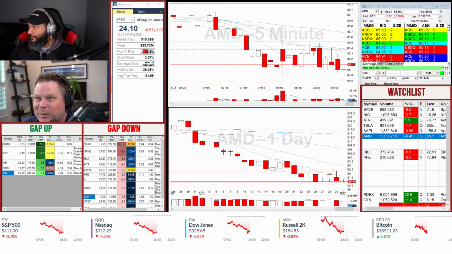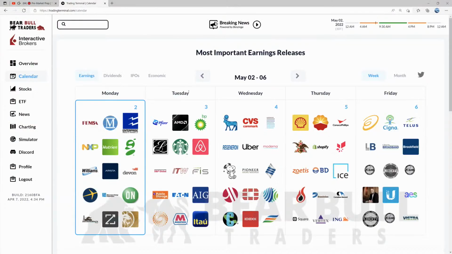I think it's funny. Go back to Trading Terminal. We're still in beta mode a little bit, and they've tweaked a lot of things and helped fix it. But it's pretty funny if you go there and you see all these company logos, and then I see Snoopy. Which one is that? Is that MetLife? That's MetLife Insurance, yeah, that makes sense. So it's pulling that from somewhere else instead of their logo. But my favorite is on Friday. You've got all these logos, and then you've got Carl Icahn with the Sears Portrait Studio pose. What is it, like a LinkedIn profile picture? I don't know, man. Oh man, great stuff.